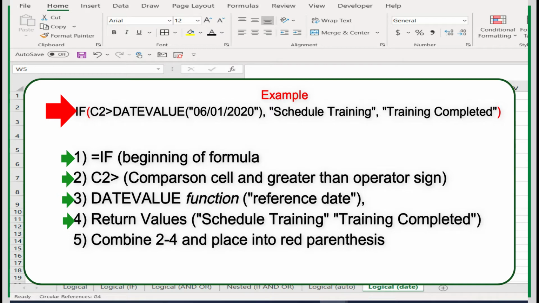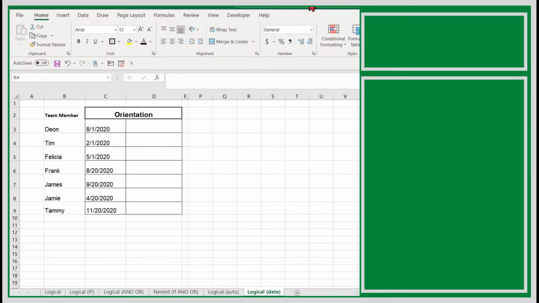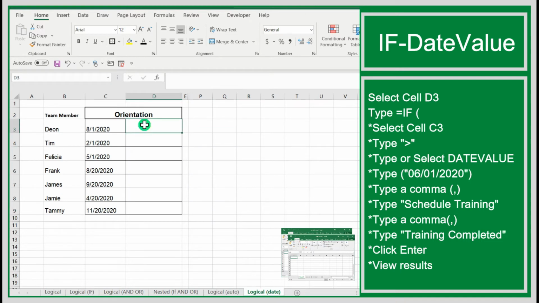Number four. These are the options that will be displayed if the value is true or false. The first option will be reflected if the value is true. The second option will be reflected if the value is false. Okay, and then the final step is to combine steps 2 and 4 and then simply place them in the red parentheses. Okay, so now that we understand our code, let's go ahead and write it for Dion and Tim,